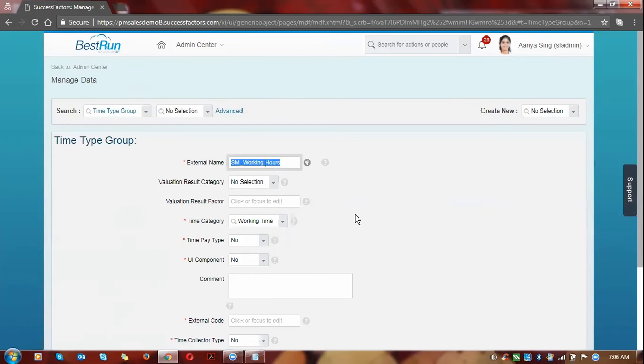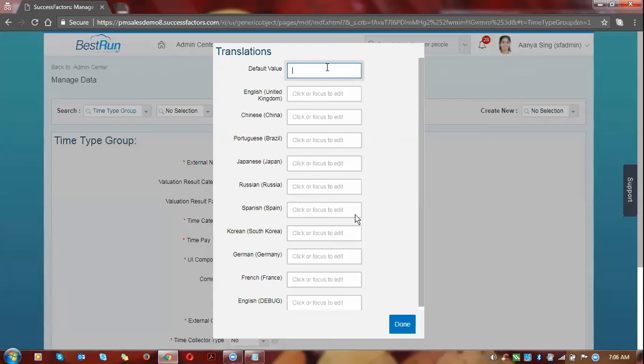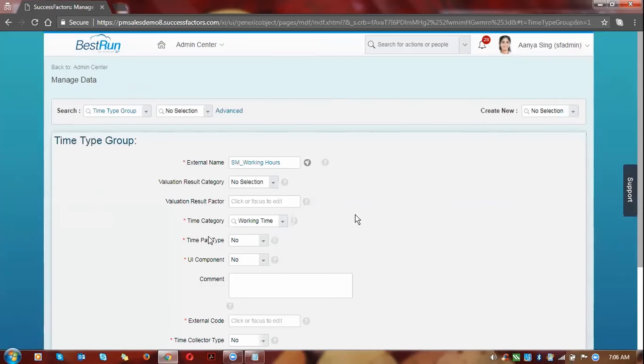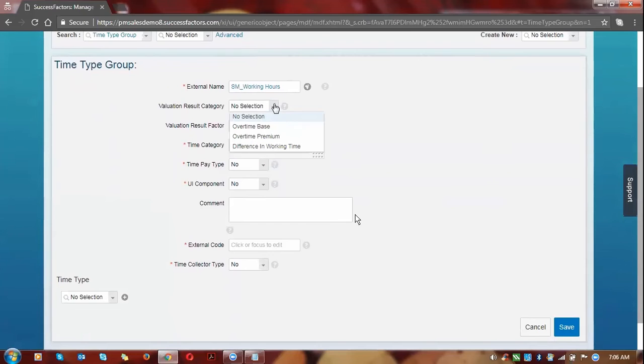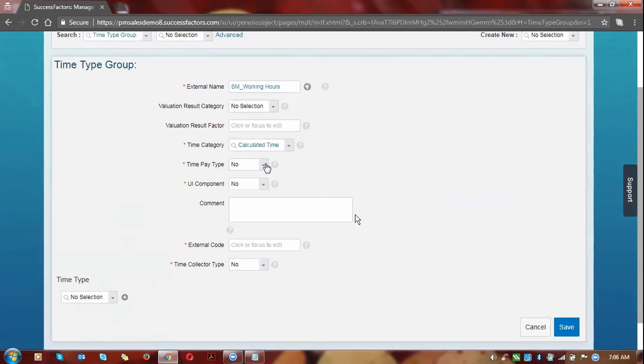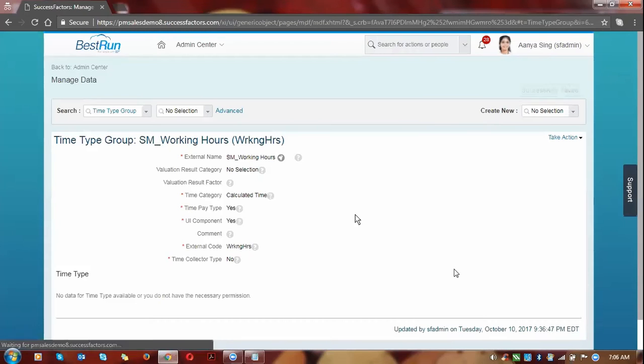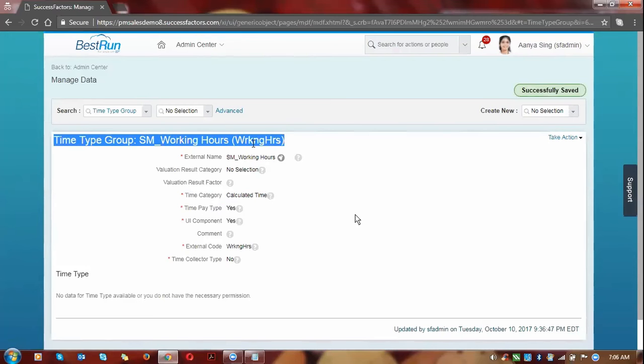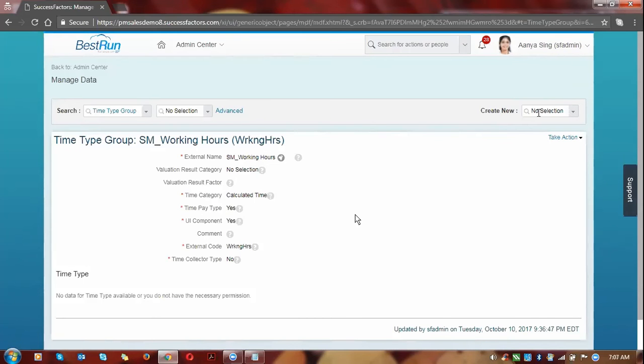So let's say first one working hours, not calculating on overtime. So this is calculated time. The UI component is external code, working hours. Okay. So click on save. So in this scenario, I have selected the time category, which is very important, as calculated time. So which means this will calculate the time, and the next one we have to create in